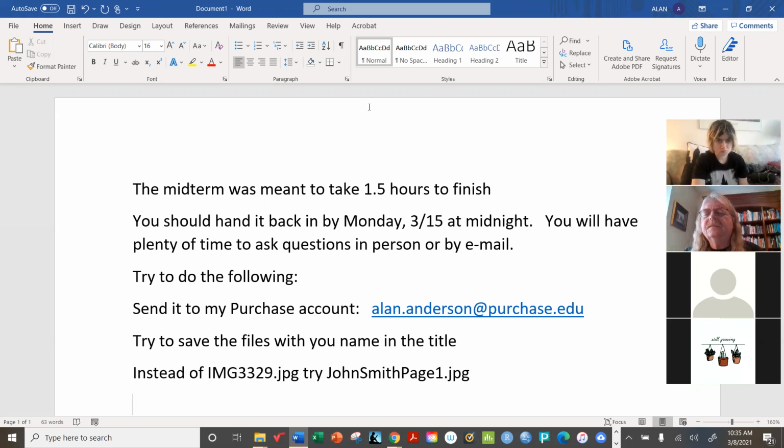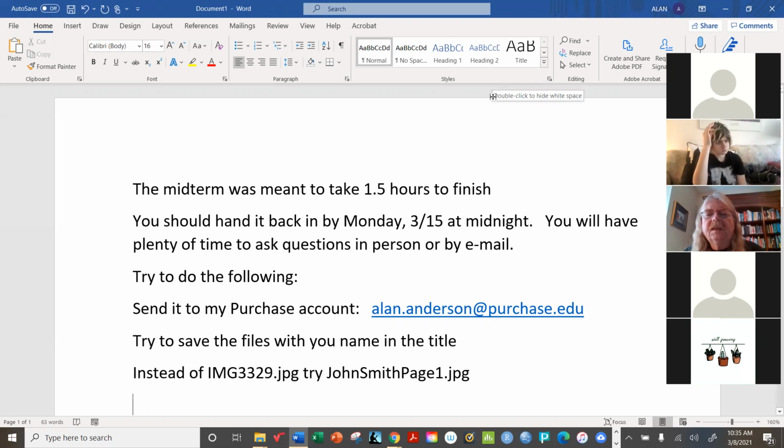Yeah, go ahead, Noah. If I'm sending it from my phone, I can't change the titles of the photographs. So I'm just going to write my name on every page. Yes, ideally, if you're handwriting or typing, whatever. In that case, just to be on the safe side, it helps me enormously if you put your name on every page. And again, it's just a precaution. I've never actually lost anyone's work, but it just saves me time trying to organize them and get them all together. So yeah, go ahead and try that. I'm glad you brought that up, because I didn't realize that with the phone you can't change the name. That seems a little odd, but all right. So if that's the case, yeah, try to put it in.